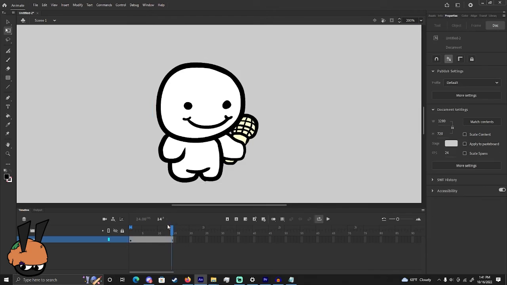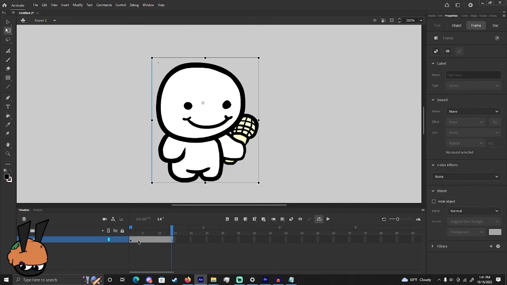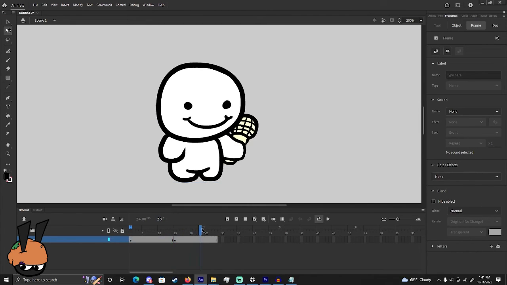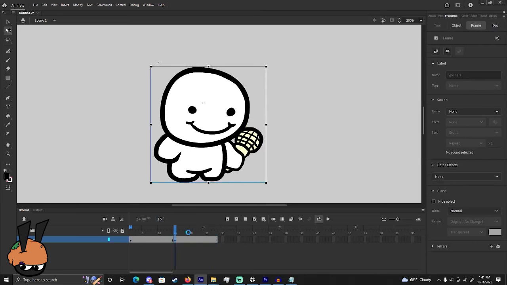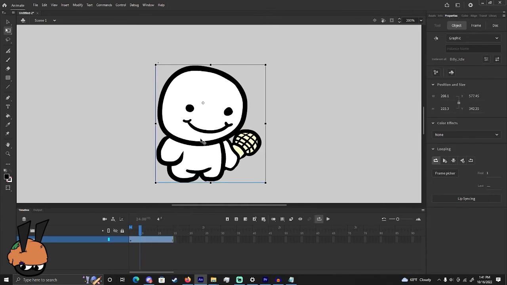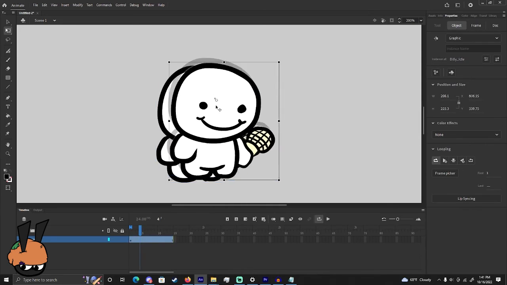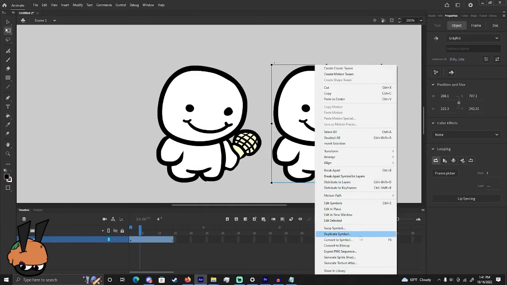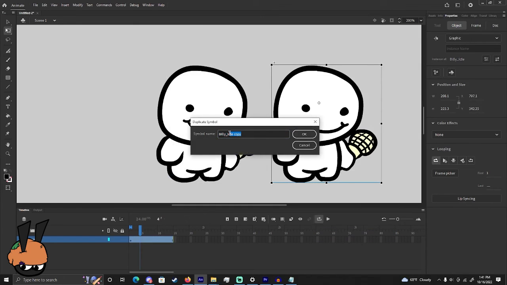But what if we wanted to create more? Well, you would extend the timeline, and I would press F6, and I usually do the frame animation to different frames, but you don't have to. To make it simpler, click on him, Control C, or right click and copy. We're going to Control V, and we have two of him now. We're going to right click him, select duplicate, we're going to name it Billy